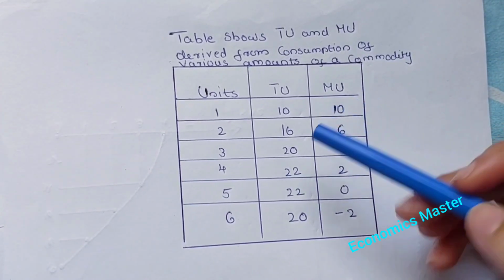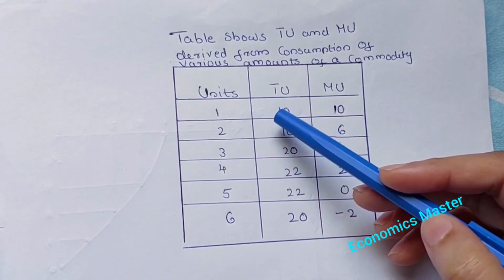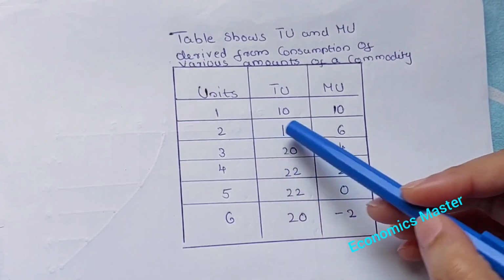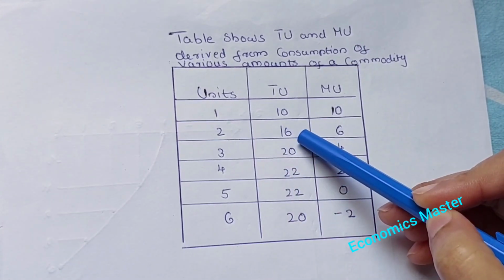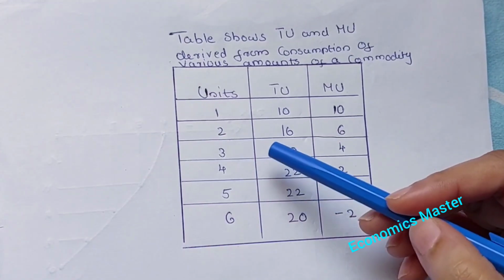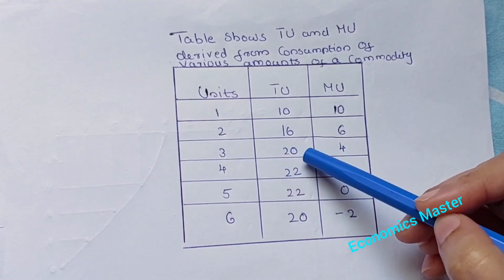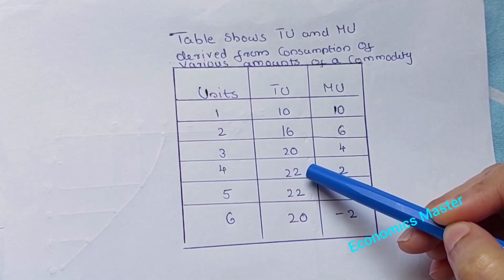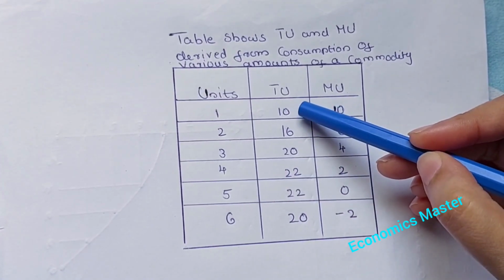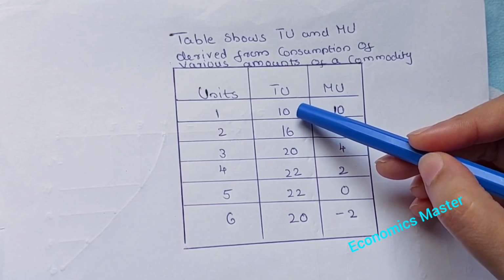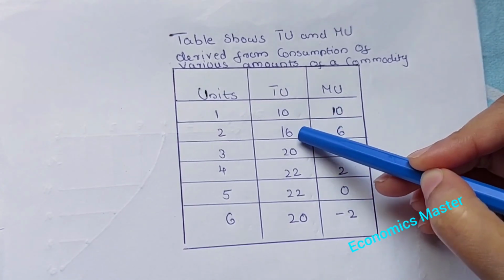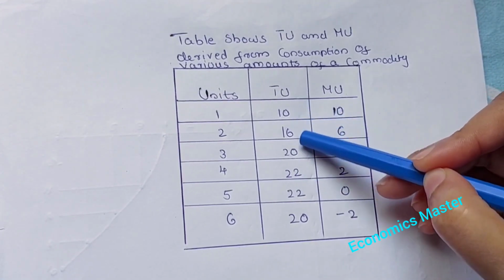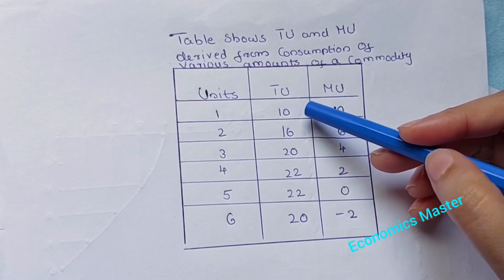For example, apple. One apple gives the total utility of 10. Then 2 apples give the total utility of 16. Then 3 apples give the total utility of 20. Then 4 apples give the total utility of 22. Here the total utility is increasing from 10 to 16, 16 to 20 and 20 to 22. The total utility is increasing but at a decreasing rate,